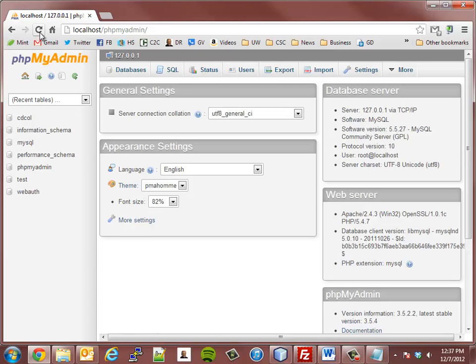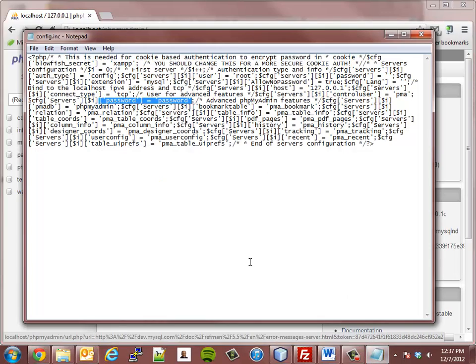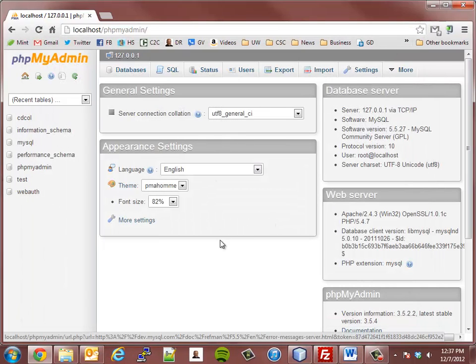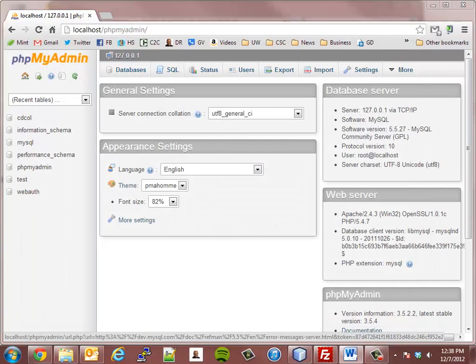Just hit the reload button on your browser, and that should bring it up. Okay. If that doesn't work, you have a typo that you need to fix. Once you've verified that it does work, you can just go ahead and exit out of the file. Alright. The next thing we need to do is set up a new user and